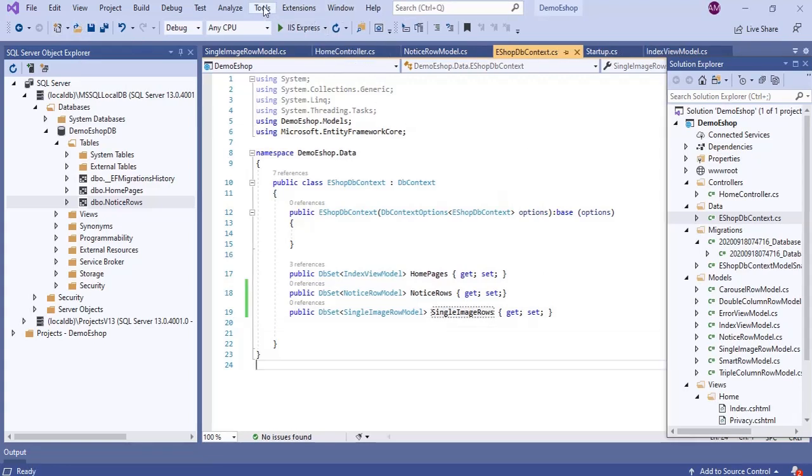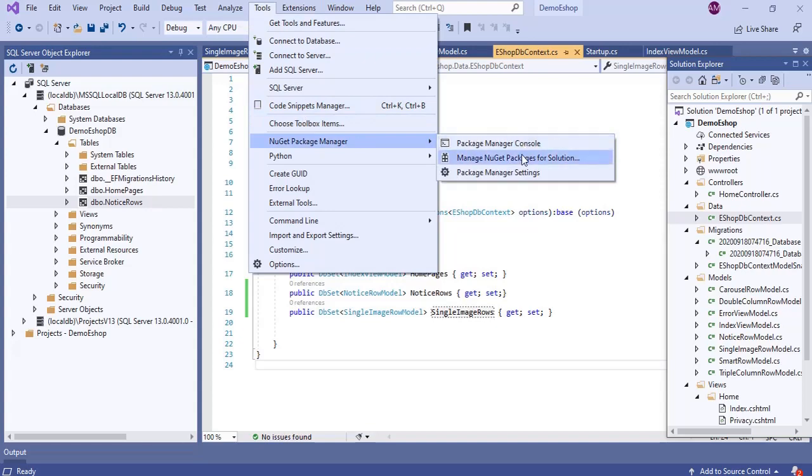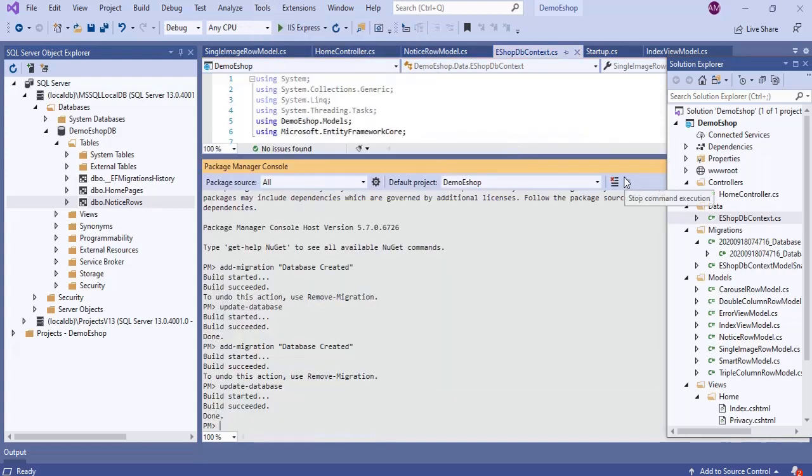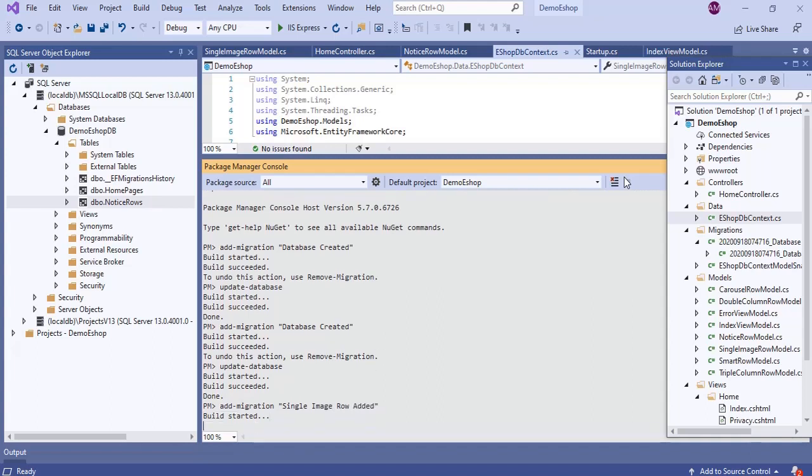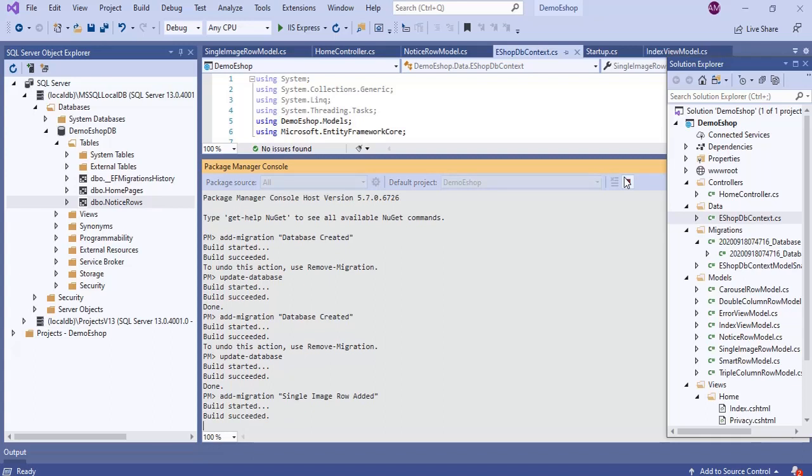Then we need to go to the NuGet Package Manager Console, then add migration. We'll give a name, SingleImageRowAdded, then press enter. Migration started, migration succeeded.